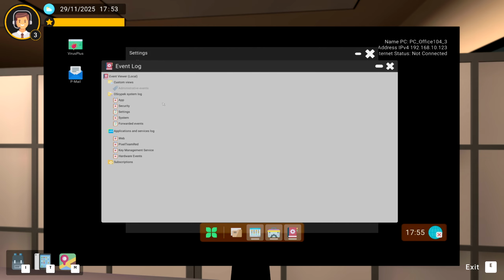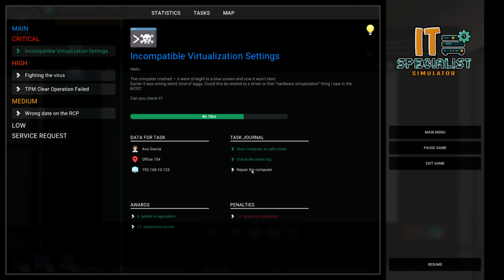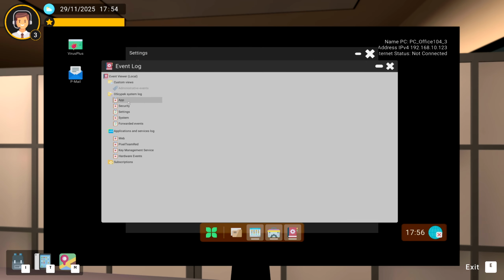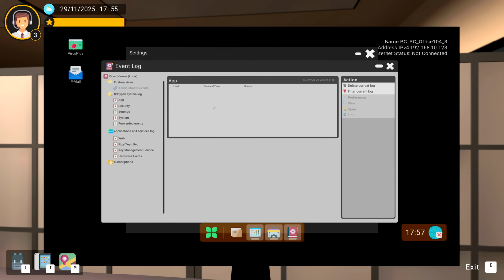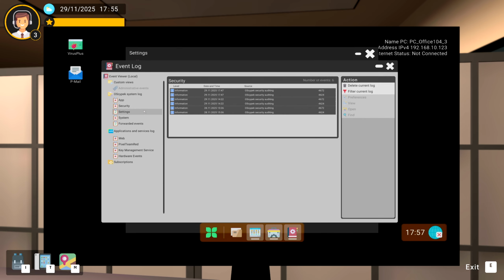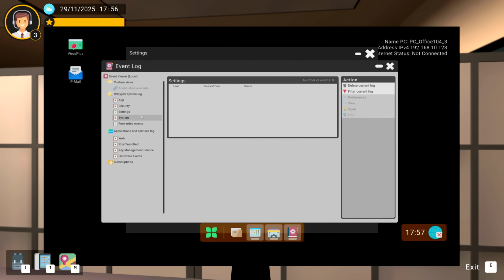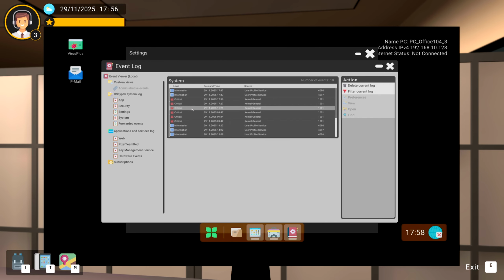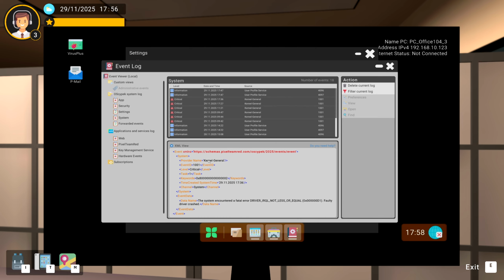Right. Here's the event viewer. Okay. So, what am I actually looking for? Repair the computer. Well, that's helpful. Security? No. System. Critical. Kernel. What's this telling me exactly? It says this bit here, the same. Faulty driver crashed. System account encountered a fatal driver